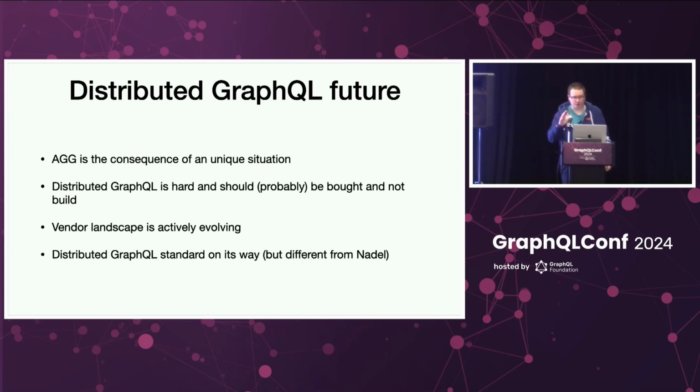I'm very happy that the distributed GraphQL standard is on its way. Awesome work by the involved companies. We saw that in the keynote. I will not repeat much more. It's great that they all come together. But what is specified is somewhat different to what you saw today. The supergraph versus subgraph separation, with the instructions at the supergraph level and having this separated, is different from federation or from the specification they work on. So what we do is fundamentally compatible. You can reach the same outcomes, but technically it's not the same thing.